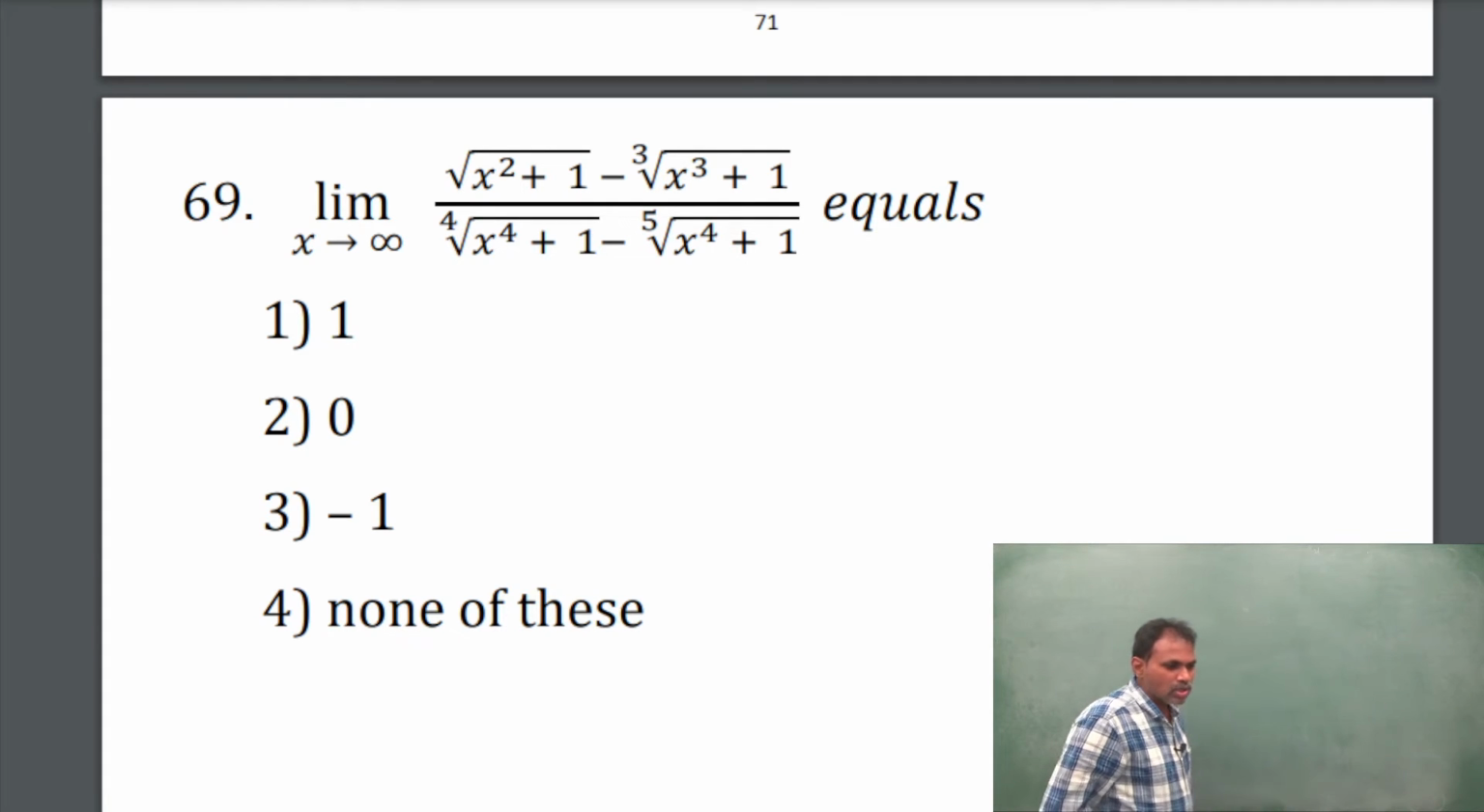Next question. Limit x tends to infinity, (square root of x square plus 1 minus cube root of x cube plus 1) divided by (fourth root of x power 4 plus 1 minus fifth root of x power 4 plus 1) is equal to. Now